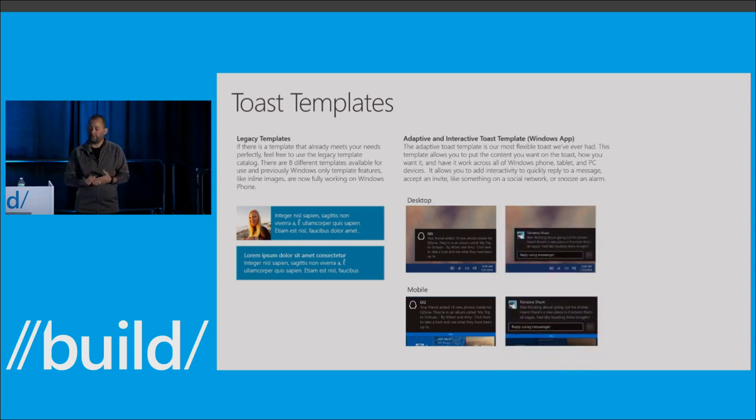Here's another example of doing some interaction. This is one we hope takes off. We really think it will. If you've used the flights that we've got for the phone build, you've seen this today, where you can do a quick reply to a message for the SMS messaging app. And we think a lot of apps are going to adopt this. It's one of the most powerful ways to let the user interact with your app without them actually switching from what they're doing. So in this case, you can see we've got a quick reply message.